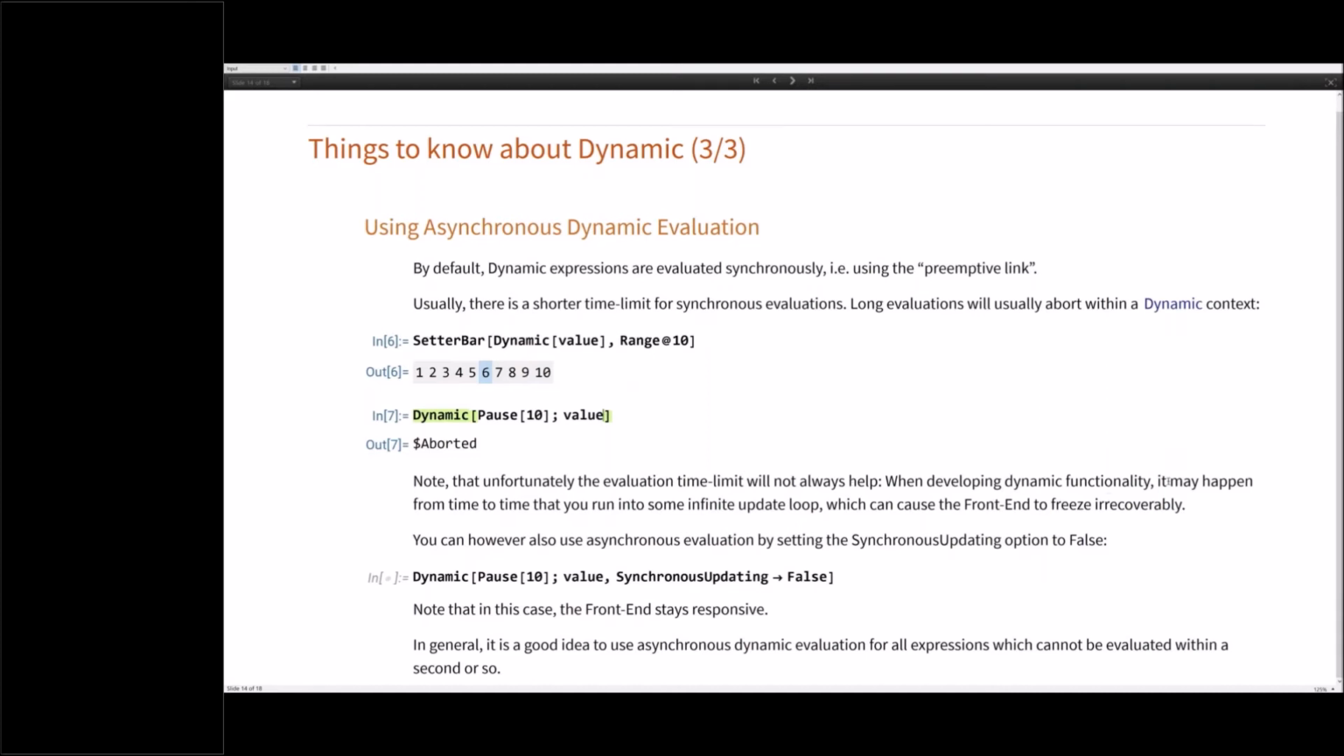And it may happen if you are just developing dynamic controls. Sometimes there can be situations where you run into some infinite update loop if you have complicated interdependencies between dynamic variables, which also can cause the front end to freeze irrecoverably. So those low-level constructs have their complications as well. A good solution is, if you have such complications and expressions which take a long time, you should